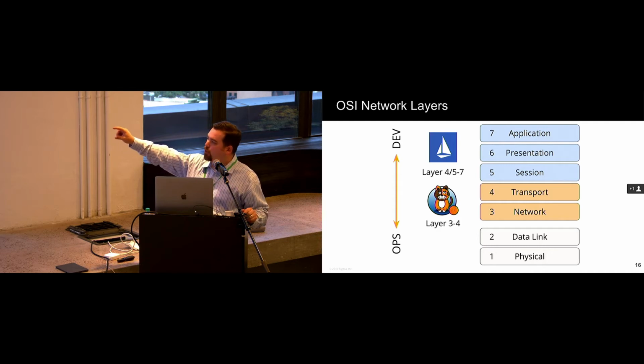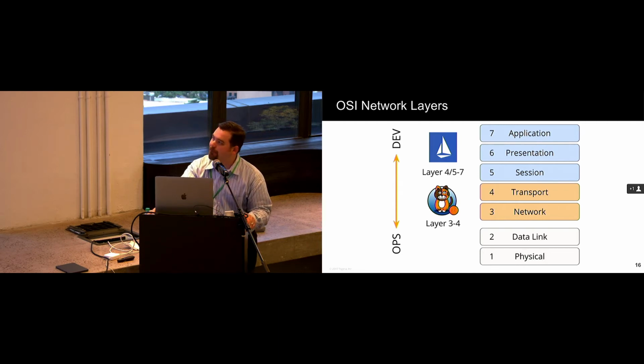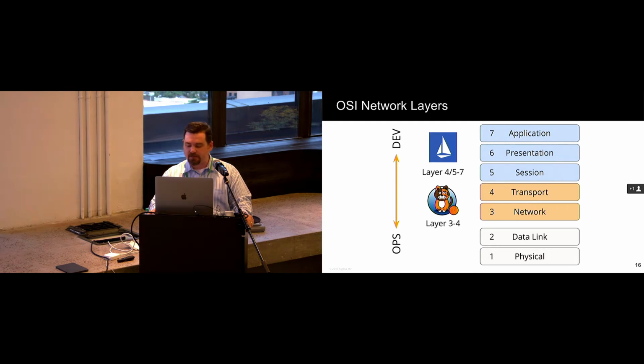But we're going to look at the two technologies. So Calico here focuses on 3 and 4, which is primarily your transport and network layer. So we're dealing with IP and TCP and UDP and those types of things. And then layer 5 through 7, we're dealing more with specific protocols, specific wire protocols. So, think HTTP, for example.